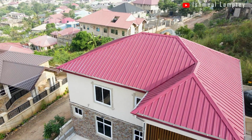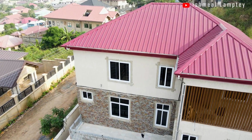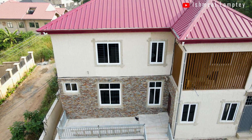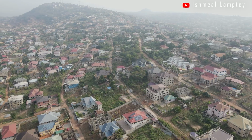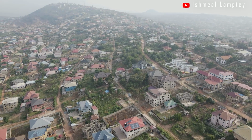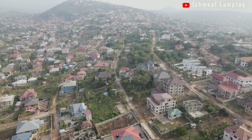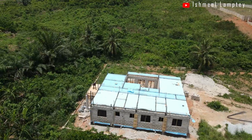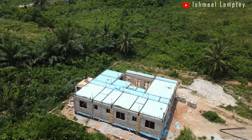Building a multi-story structure is a complex process, demanding careful planning, skilled labor, and ample resources. In Ghana, where concrete is a popular choice for construction, the decking process plays a crucial role in erecting steady story buildings. Today, we will delve into the decking process of one such building we've been working on in Asebu